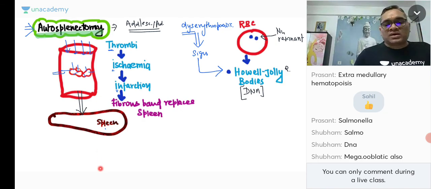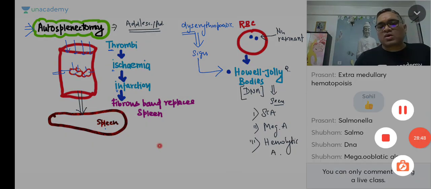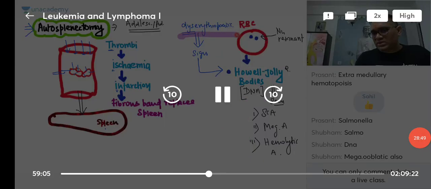Remember, Howell-Jolly bodies are also seen in other conditions. First we have seen sickle cell anemia autosplenectomy. This will also be seen in megaloblastic anemia. Howell-Jolly bodies can be seen in any of the hemolytic anemias also, because all these things will be affecting the bone marrow. So whenever there is a